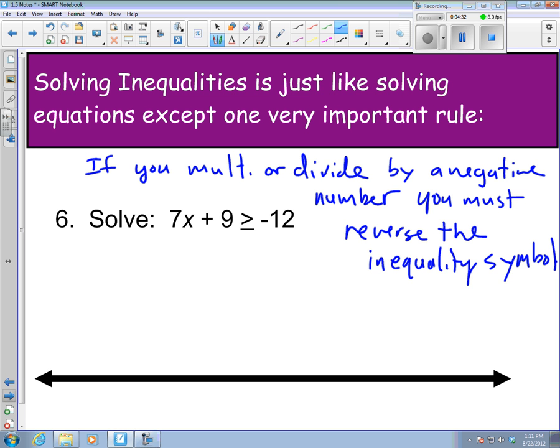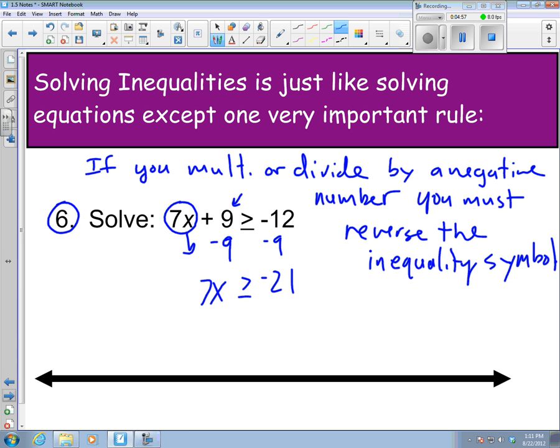So anyway, we're going to skip number 5 and go right to number 6. I'll let you guys do number 5. We'll do number 6 together here. You solve it just like an equation. Here's 7x. I want to get that variable term by itself, so I've got to get rid of the 9 right here. I'm going to subtract 9 from both sides and end up with 7x is greater than or equal to